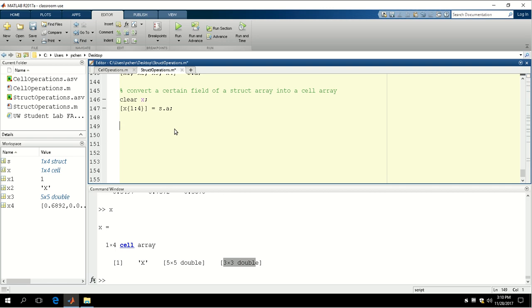So let's create an x1, right? X1 is going to equal, we're going to use cell, 4 row 1 column. We used the cell function before. It allows us to actually create a cell array. And then we're going to do x1